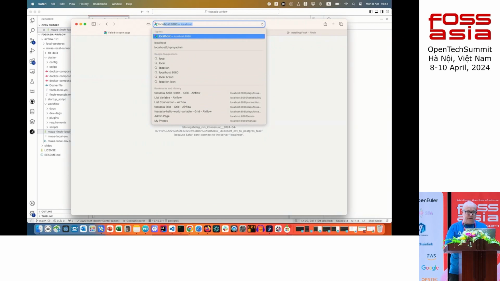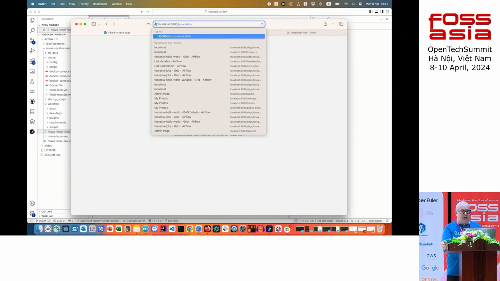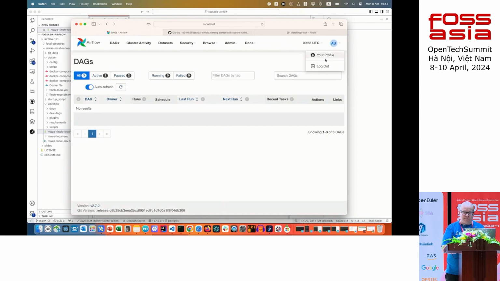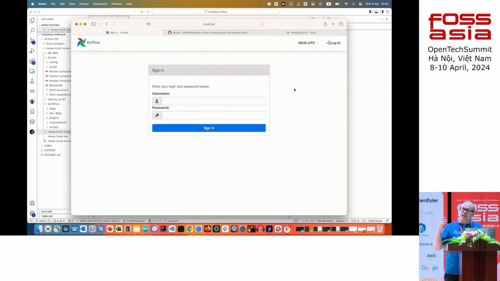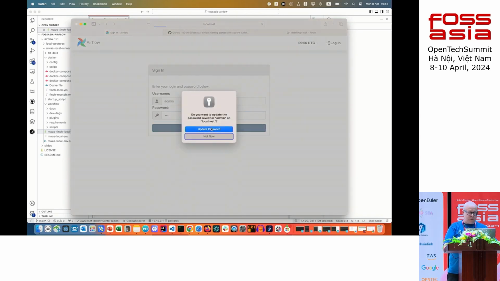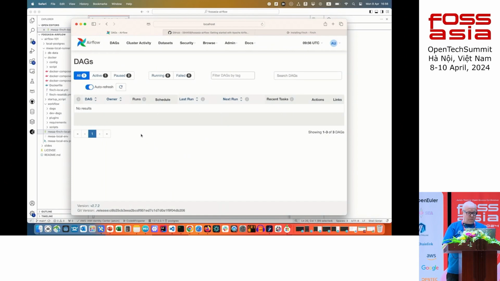Once the container image is started, famous last words, we should be able to access it on localhost. Oh, look at that, it worked. Although I'm going to log out, because obviously it remembers me. What will happen is when you go onto it for the first time, it will come up with a login prompt. So I'm not sure if you got that. Right, okay, so the details are admin and test. So not super secure, but this is only a demo. And in the repo, I tell you how to configure that in one of the configuration files. So once we log in, we can see that,